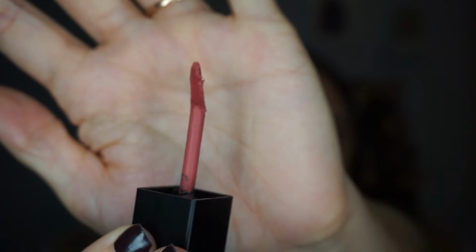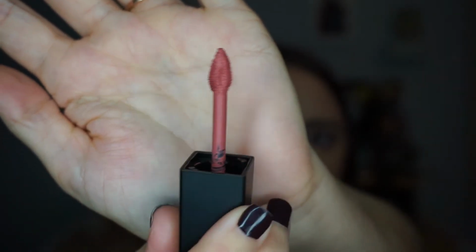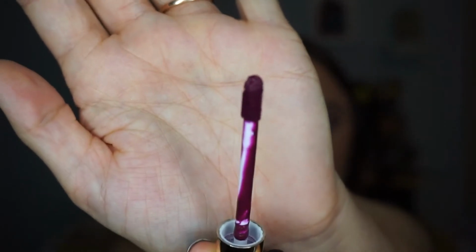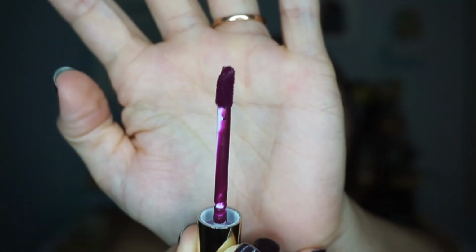It also has a touch of moussiness to it, so it's not going to be super liquidy compared to some of the other formulas. I'll show you. This one almost looks like it's clay. Do you guys see what I'm saying? It really sticks onto the applicator brush. Whereas let me show you another one that looks more wet. This is the Gerard Cosmetics one, and you can see there's that little dollop of product